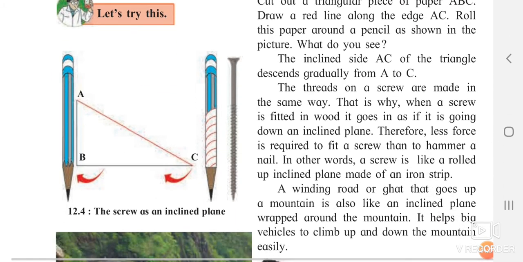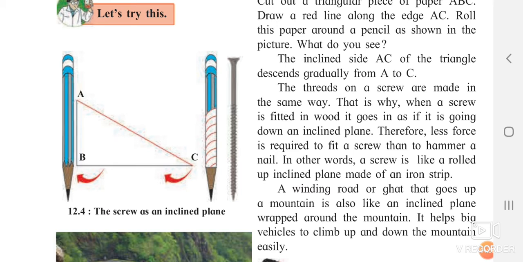Now the next one. You can clearly see over here the nail. If you put a pencil into the hole, it is not going to attach firmly, but if you observe the nail, it has particular circular structures around it. What does this circular structure do? Whenever they go inside the hole, they make a firm position in it. They make sure that the nail does not come out very easily.